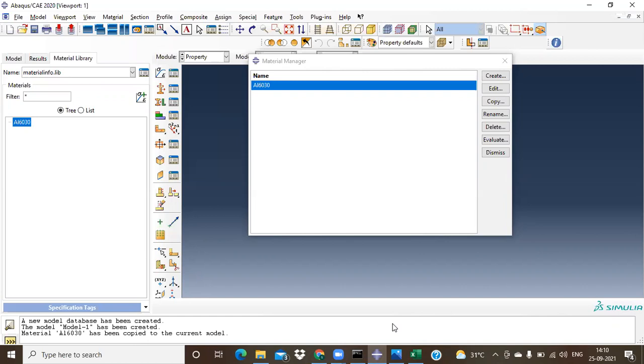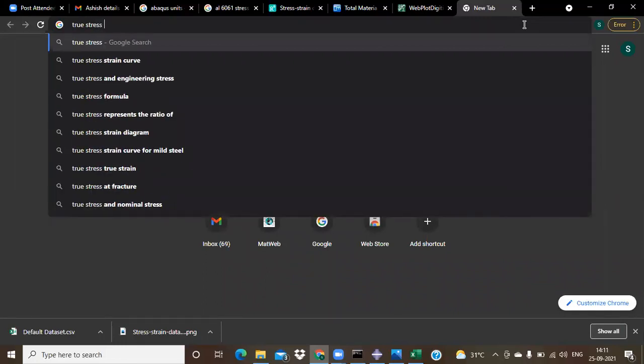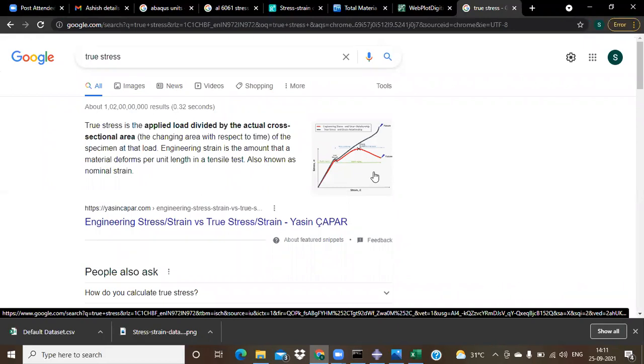And later on, if in your textbooks what you have seen is called engineering strain and engineering stress, it's not the true stress and true strain values. You have to convert them again. For conversions also, you know these particular formulas, right? Normally the true stress is equal to the engineering stress multiplied by 1 plus engineering strain, and true strain is equal to the logarithmic function of 1 plus engineering strain.